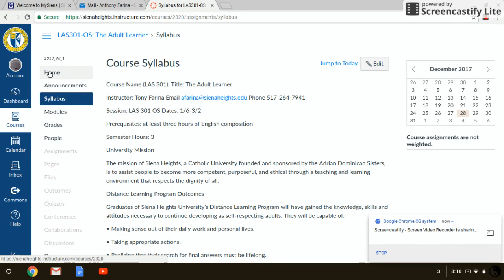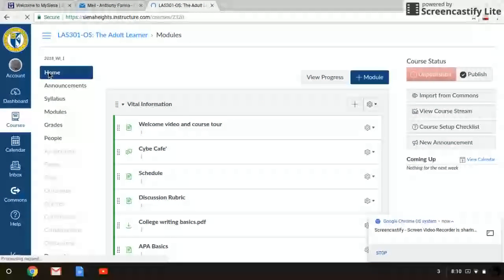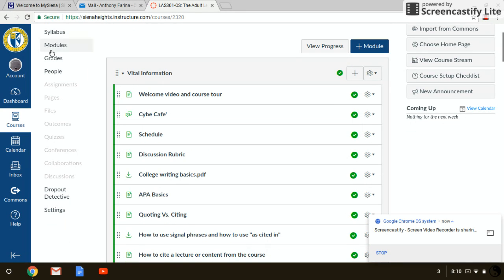Everything is right there. The way that I set up the course is that when you click on the home, you're going to see all of the modules available. The first one, and possibly the most important one, is called Vital Information, and it comes first. So the syllabus is here. That is part of the vital information, but the rest of this information is here for you. This is the tour that you're watching. This is just a place where you can introduce yourself